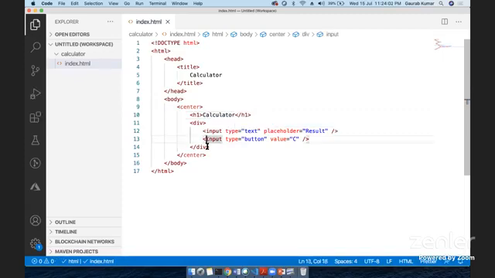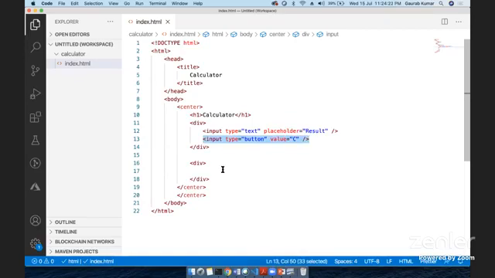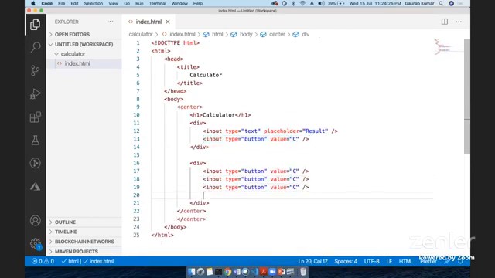Calculator, right? Now we will add another div, and inside I'll just copy this one and paste it 4 times, right? We have 4 fields, all will be the type input button, and the value will be 1,